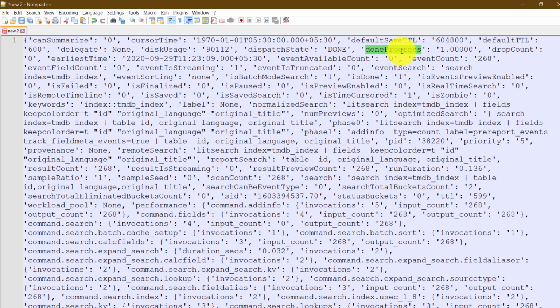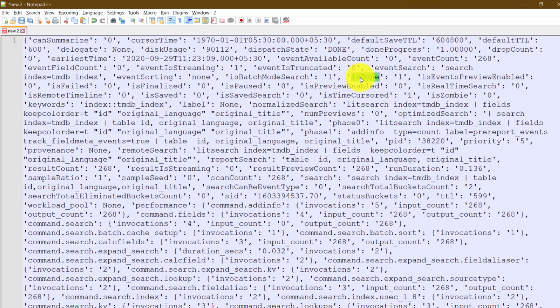It basically tells us how much of the job has been completed. If it is 1, that means it is 100% completed. Otherwise it will be a value less than 1. You can always multiply with 100 and get the percentage. Using that also you can check whether your job is completed or not. Even is done will tell us the same thing, so this one we will be checking when the job has been completed.